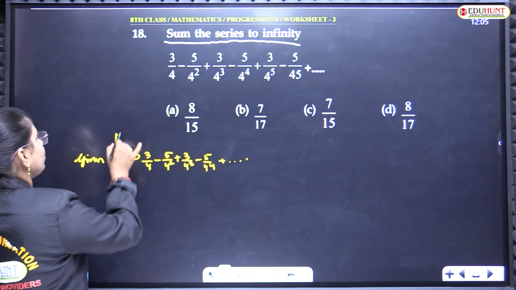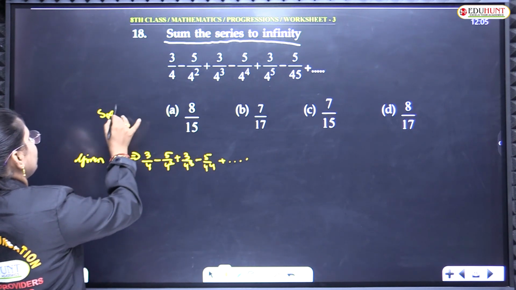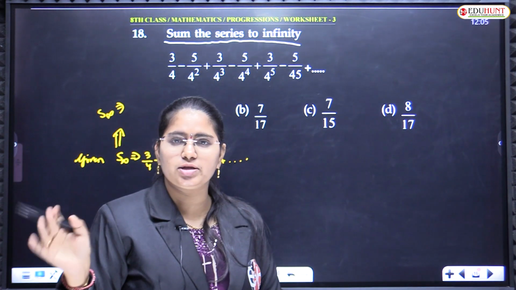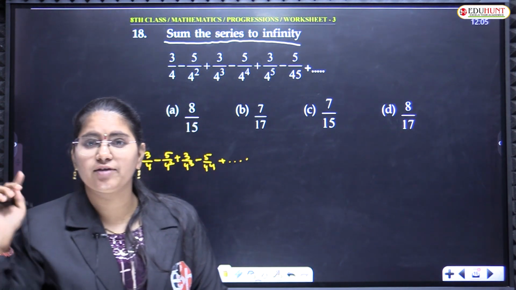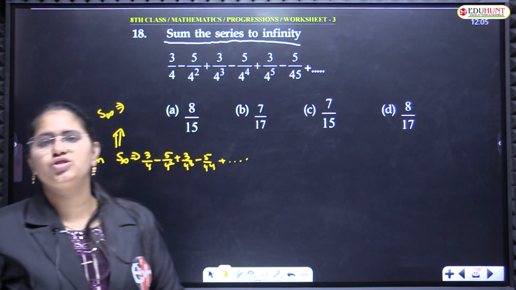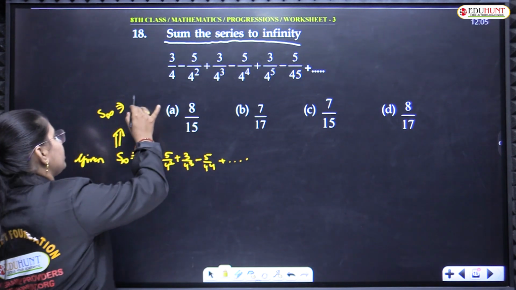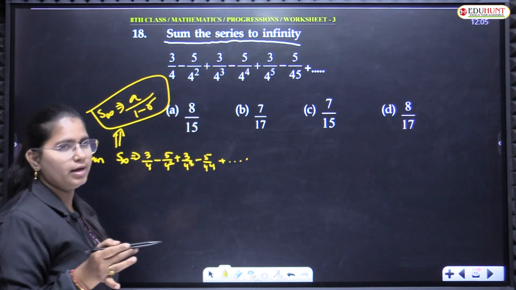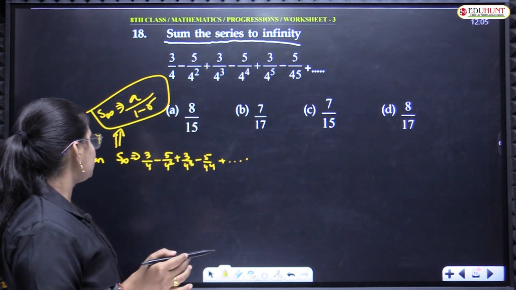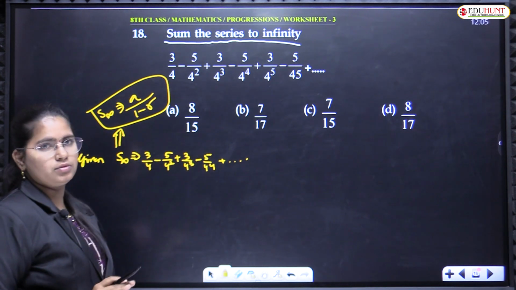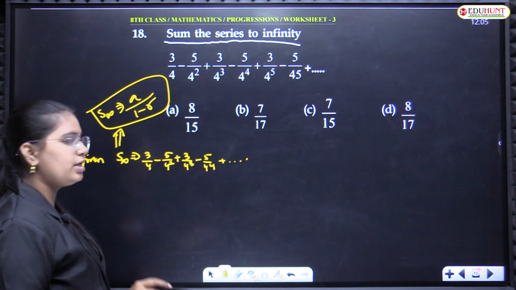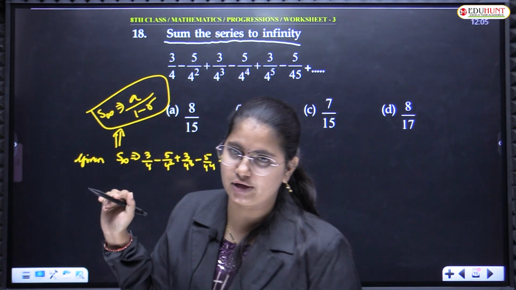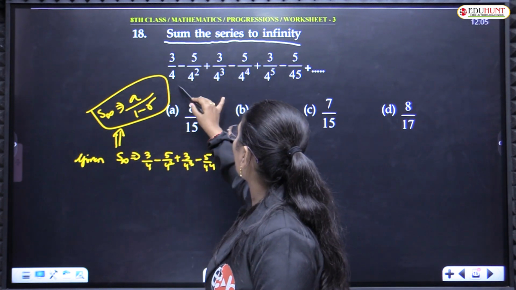So if you have sum of n terms in GP, then it is a into r power of n minus 1 by r minus 1 if r is greater than 1. But if you have sum of infinite terms in GP, how will you find that? a divided by 1 minus r. This is the sum of infinite terms in a GP, right? So given these terms are in GP, how you are going to reorganize the given series is important. So if you observe the odd terms,